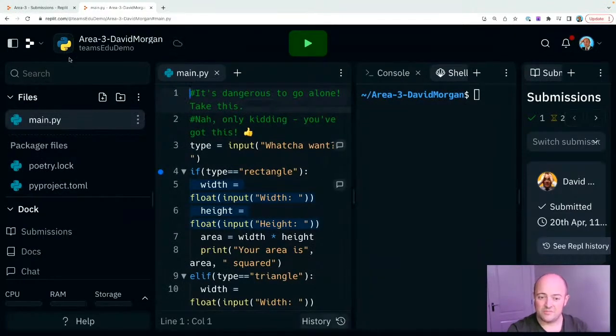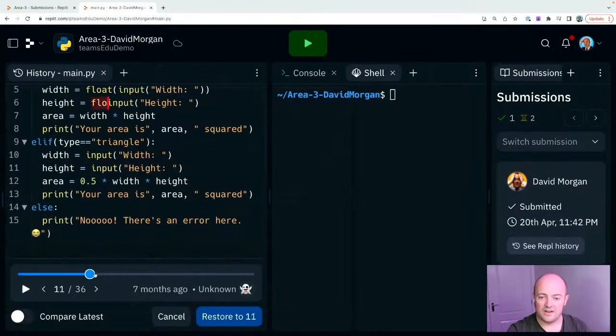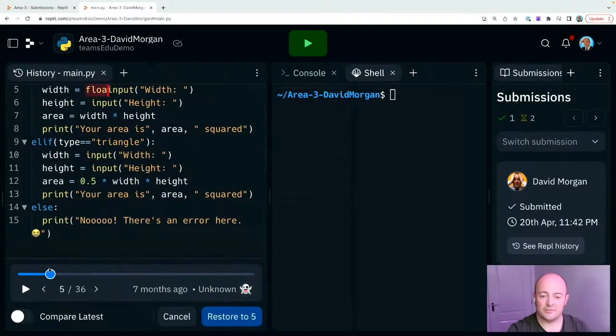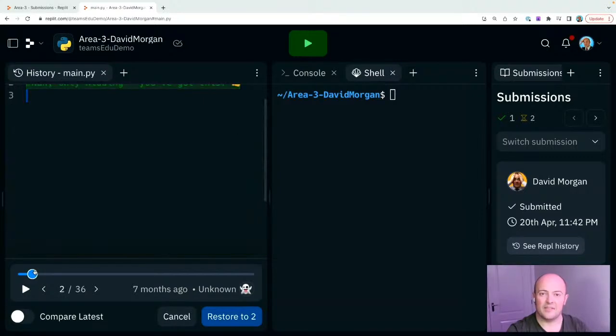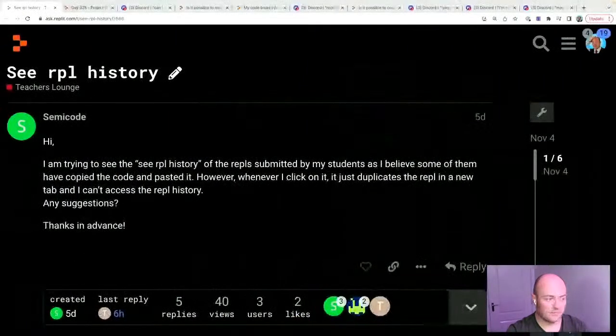And again, the history button is just here. We can pull it up and we can push our way back to see where everything's going and see the progression. And you can see that this dodgy character did paste in a bunch of code as almost the second thing. That's really cool. That's how you go and see that history, and that's how you use it in production.